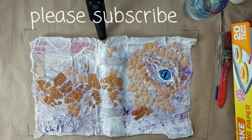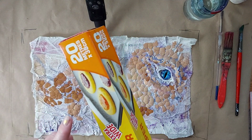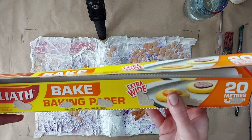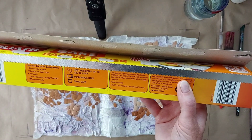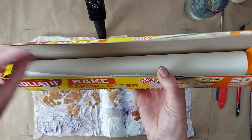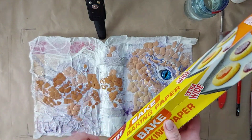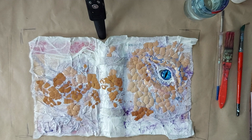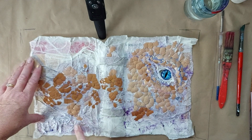This will be phase 2 of making our dragon journal cover. I just wanted to mention that the baking paper, because someone was asking what that is in another country, is just what you put in the oven. It's heat resistant, microwave and oven safe, it's what we use for baking. You put it on the tray for cookies, under the base of cake making, and this is the best that I have found to use. I have tried tissue, and for the background part I've tried napkins, and you don't quite get the same result, and it takes an awful lot longer to dry. So I prefer to